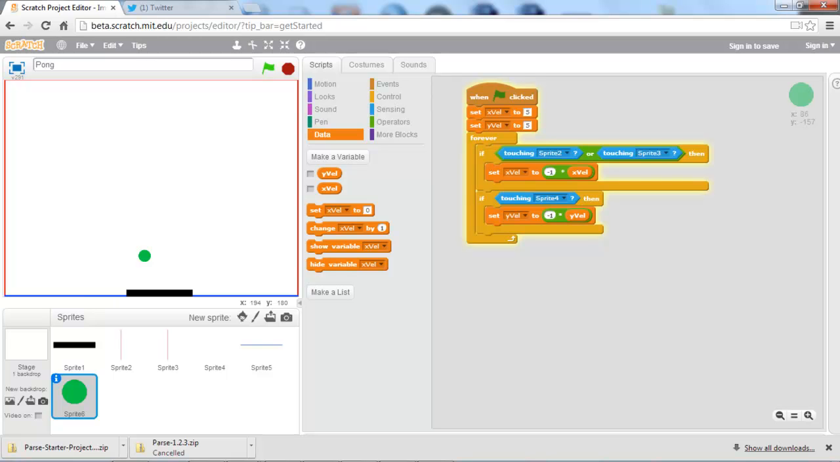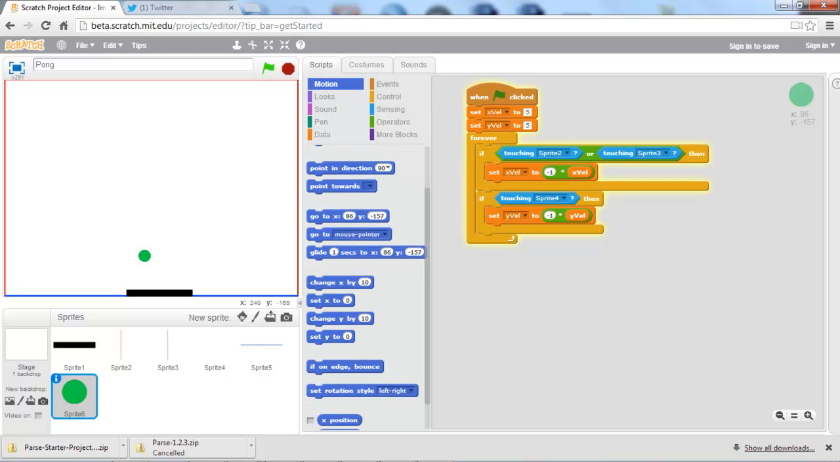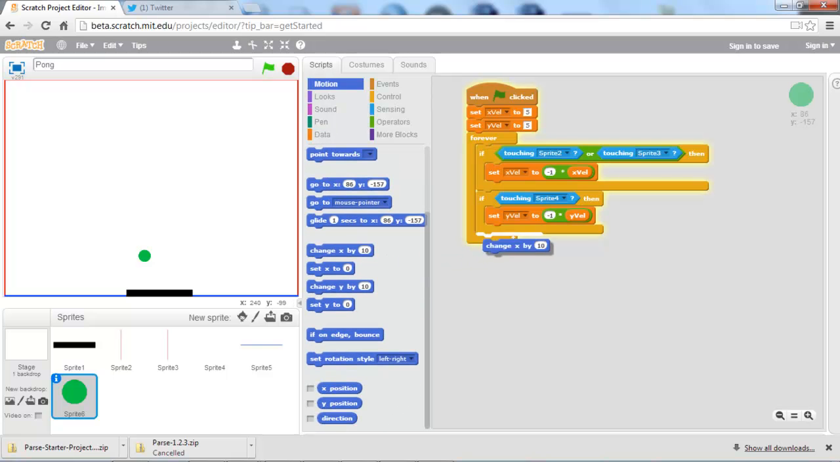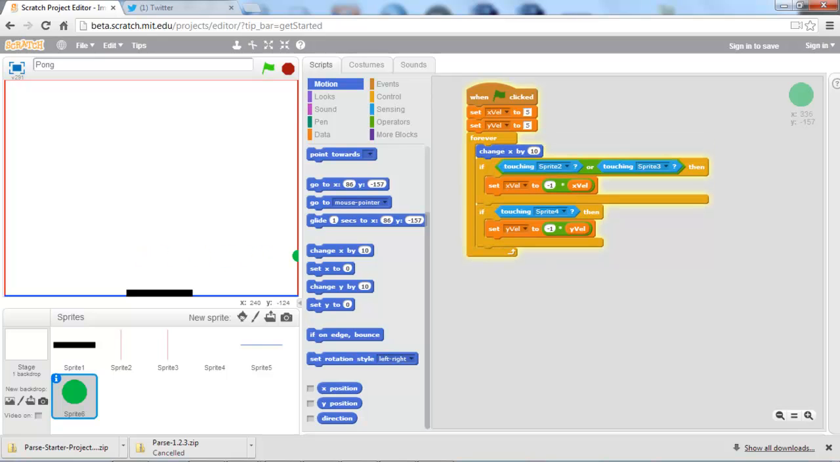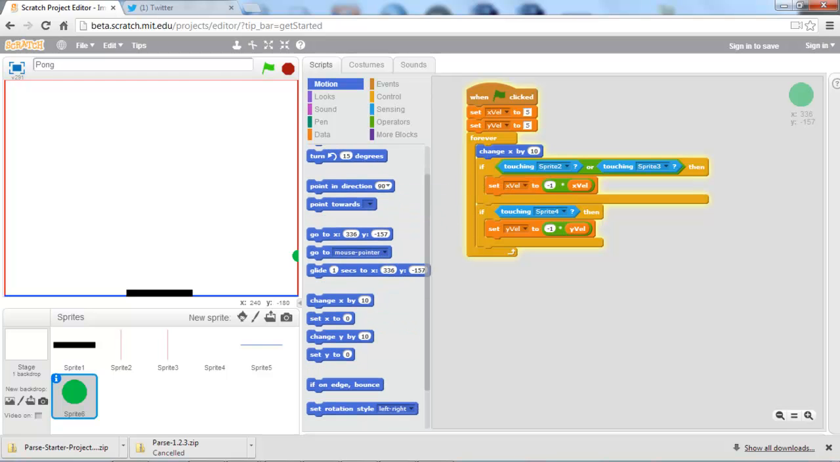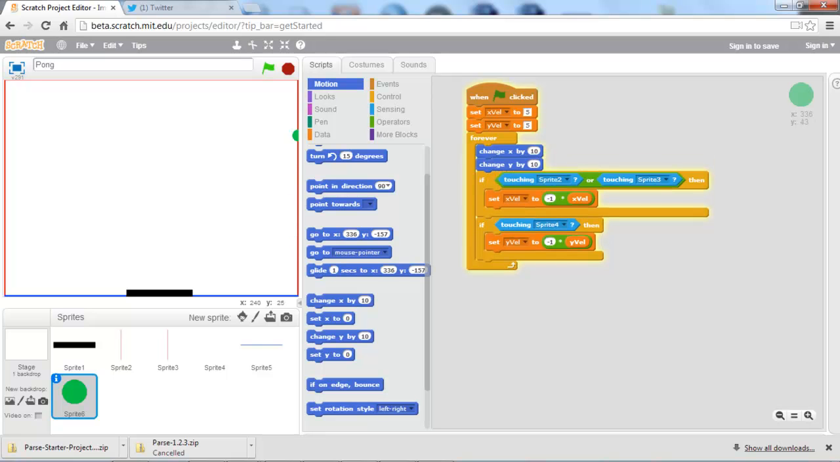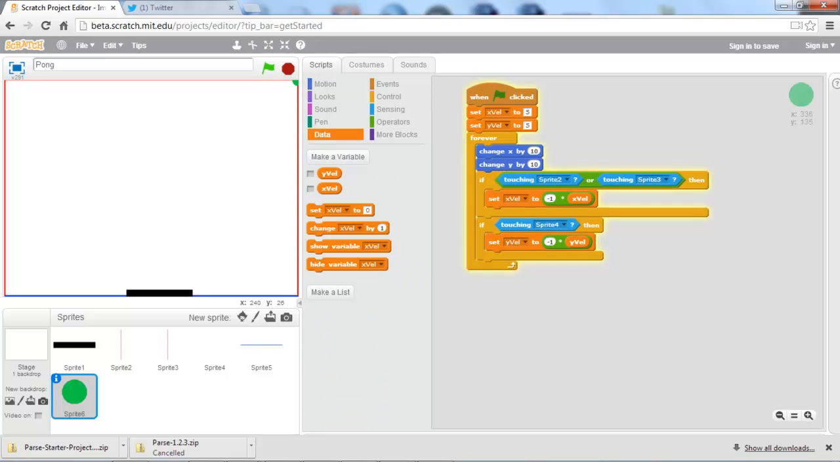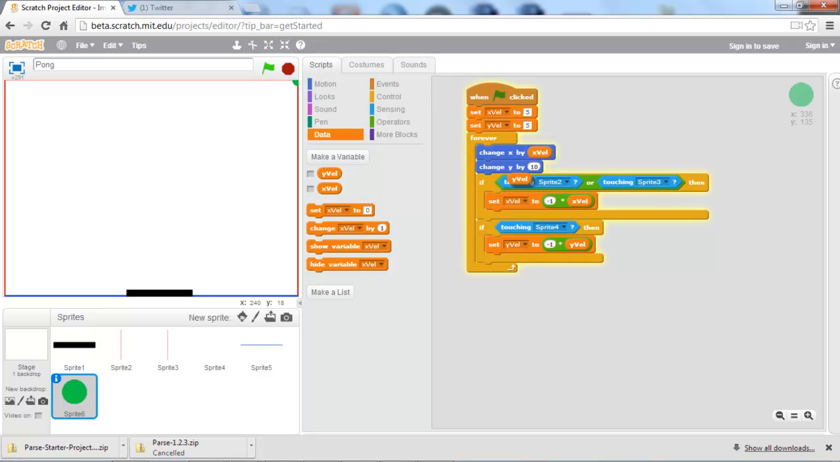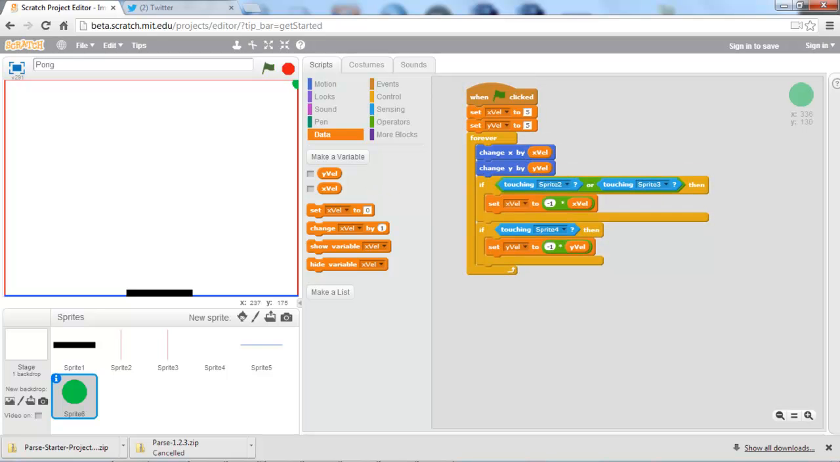Oh, sorry. Now, we have all the logic here that changes the x velocity, but we have nothing that actually moves the ball, so we have to go ahead and take care of that, as I almost forgot to. So we're going to change the x and the y by the x velocity and the y velocity respectively. So we're going to go ahead and run this again. And as you see,